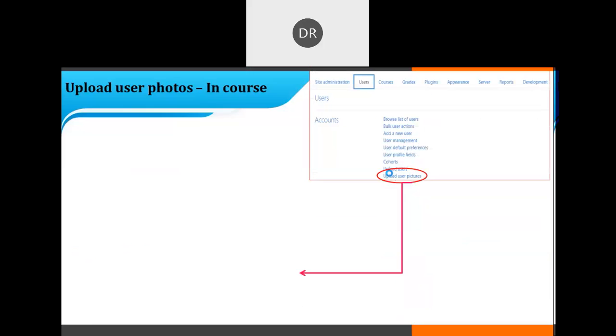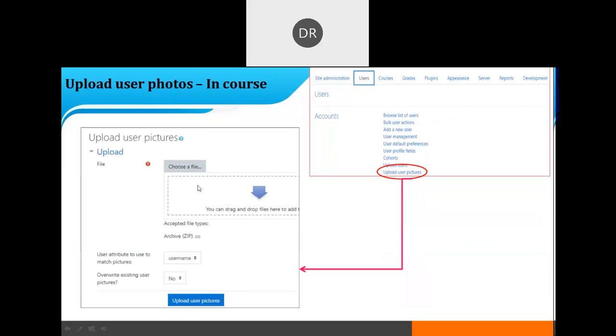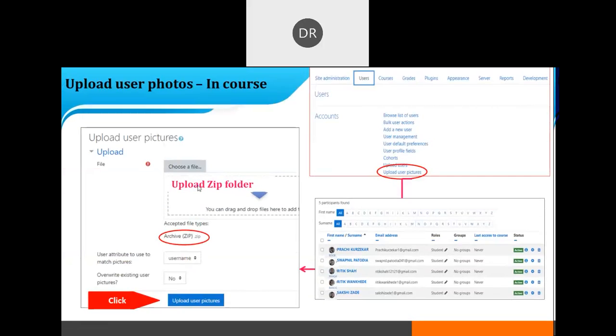Again, you have to go back to the upload user and select that zip file and upload there. So these are the different steps, or the screenshots, to enroll the students in bulk as well as in a manual way.